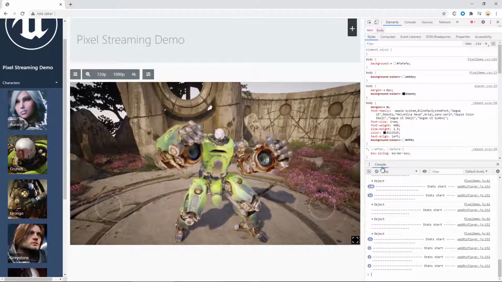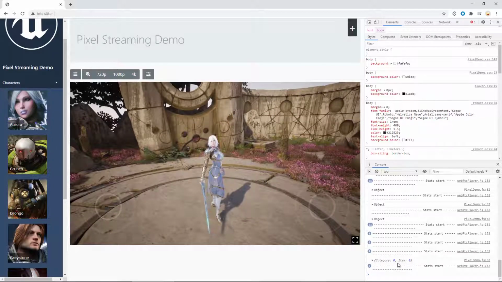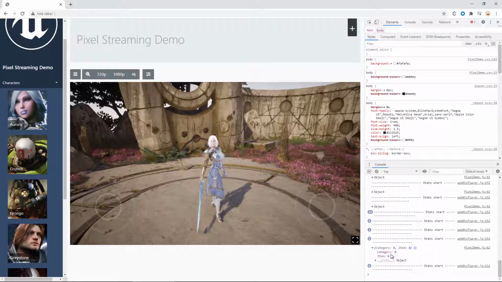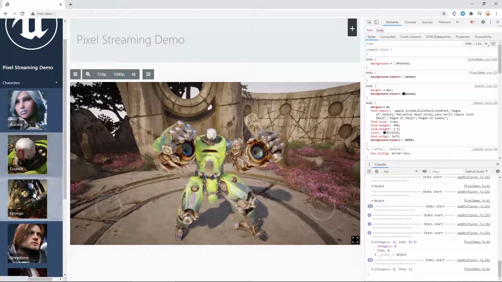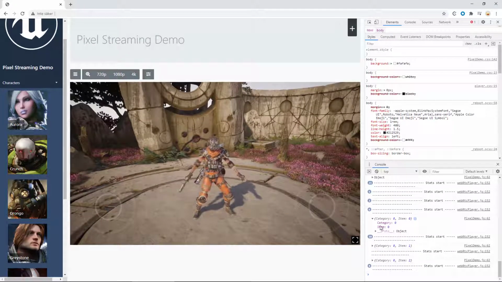If you have a look at the console here, whenever I press a button, it sends two values really, one that is called category and one that is called item, whenever I change the character. And you can see that these values are different.